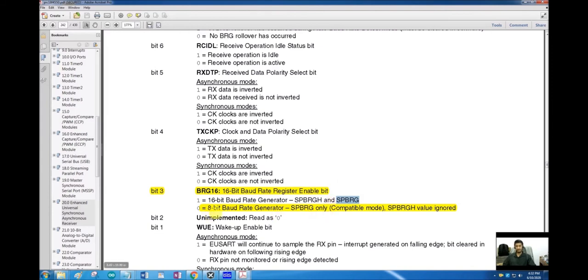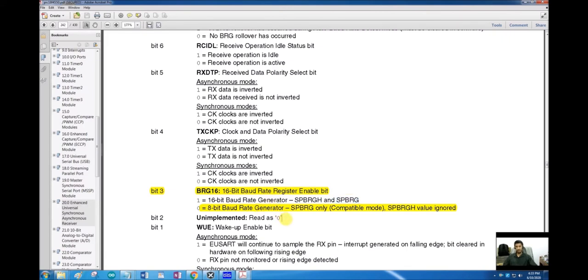But in case of an 8-bit generator, we only have to send some value, based on the calculation, in one of these registers. And what is then the advantage of a 16-bit mode? It is more accurate. The baud rate generated by the 16-bit generator is more accurate than the 8-bit generator.